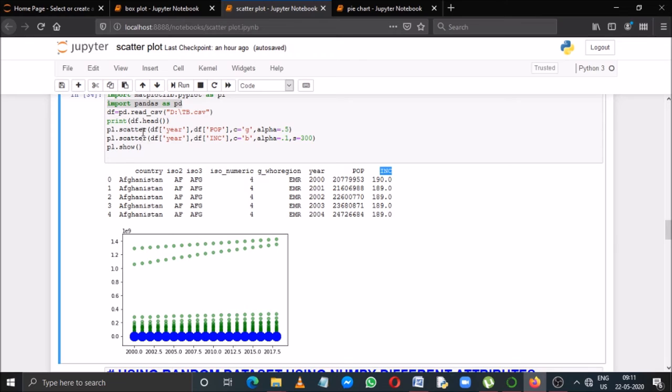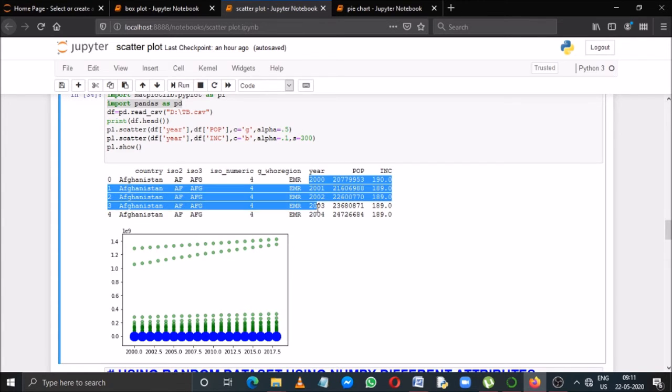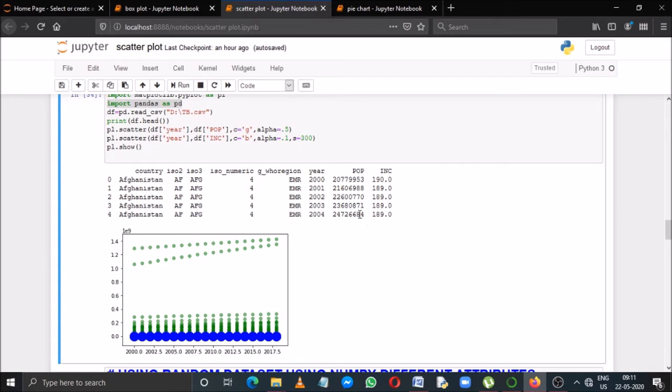So in the next line I wrote pl.scatter df of year. So this will represent the whole column of year, and df of pop, that means this will represent the population column, and color is equal to green and alpha is equal to 0.5. So all these values will appear in green color, as there are so many values present.